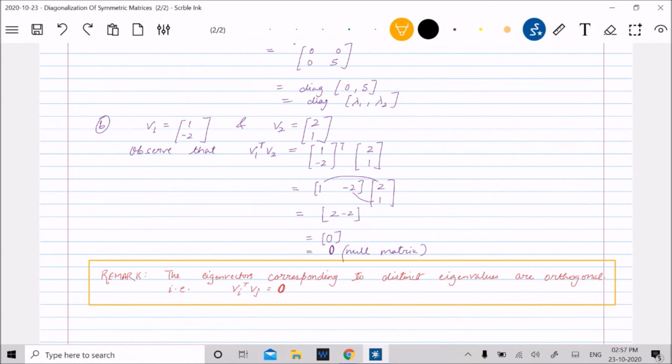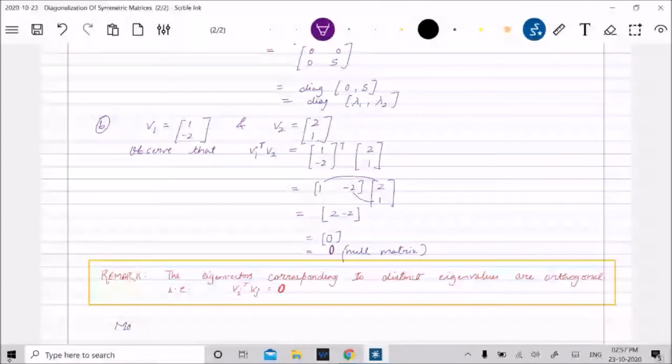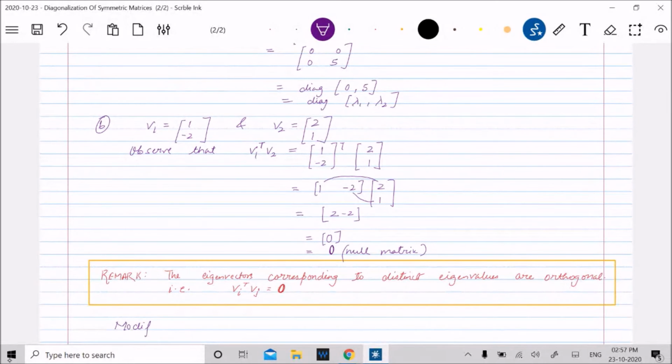Now I'm going to modify this. And this modification is only done in order to avoid the computation of A inverse. We just want to save our time. Time is very precious. Modification. What modification can be done? See, please pay attention. If you divide V1 by its norm,